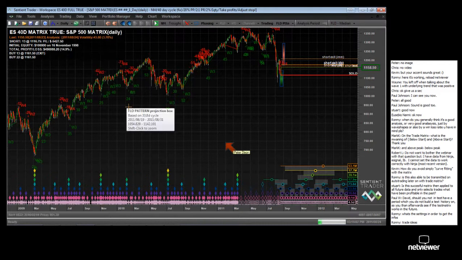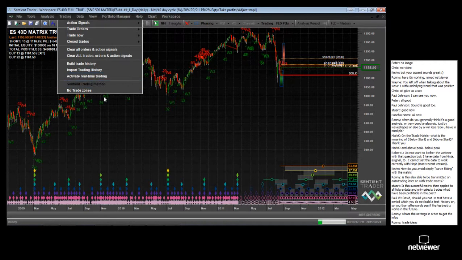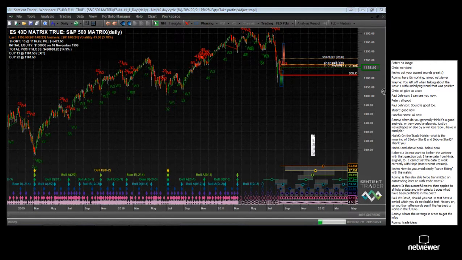Okay. Well, I'm hoping those questions have been answered during today's session. Just a reminder: if you're not seeing the wave shapes at the foot of your chart, then it means that you've got Sentient Trading Method turned off. Turn it on and off at will. If you turn it off now, then all future trades taken on this chart will not be sentient trades. But all trades that were taken earlier were, of course, sentient trades. And the software remembers that. And you turn it on again by going to Trading, Sentient Trading Method. That's really, really straightforward.